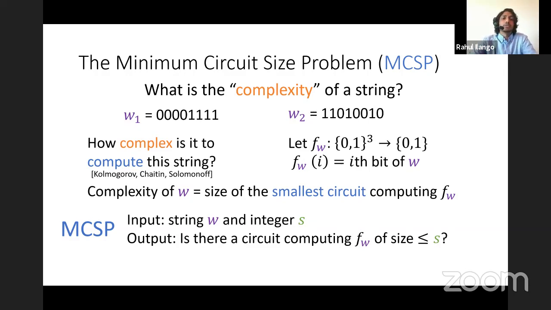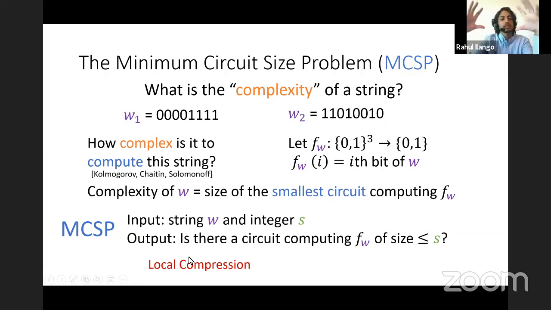There are a couple of different perspectives you could have on this problem. One is the perspective I just described, where you want to know the complexity of a string. Another very natural interpretation is to view MCSP as a problem of local compression, where you have some string W that is very long, and in practice you only want to know at a given time what the ith bit of the string is. You might say, instead of storing the huge long string, you want to store some smaller object, like a circuit, that will let you say what the ith bit is, but be much more efficient about that. So you can think of MCSP as a local compression problem.